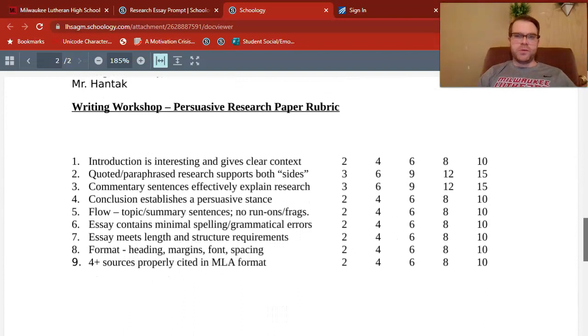I'm not going to walk through the rubric in depth here. It's another 100-point essay. Just like your college application essay, I'll let you read for yourself just how I'm scoring individual aspects of this essay. I will tell you that a really big component of it is getting your research done right. So making sure that your research is properly quoted, paraphrased, cited, formatted. That is a major part of this essay. And that's what we'll spend quite a bit of our time doing these next few weeks.